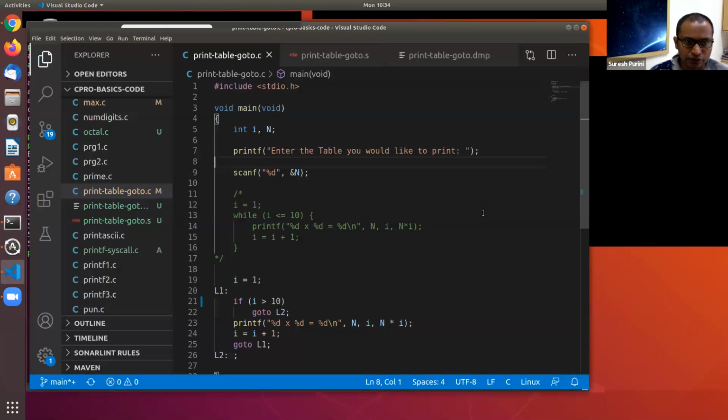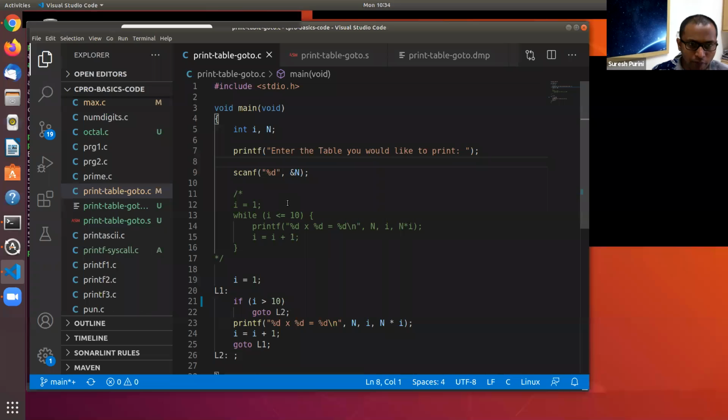And if you see here, the code for printing the table, you can write it using a for loop, you can write it using a while loop, or you can write it using the bare bones go-to statement.